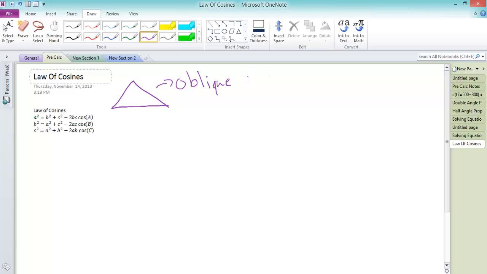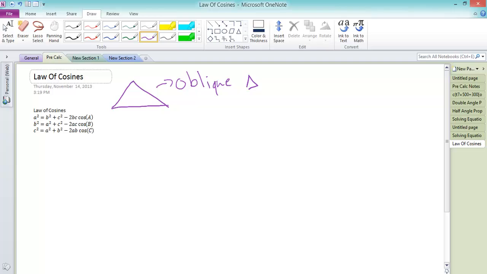Oblique triangle. Whenever I'm going to write triangle, I'm just going to draw a little miniature triangle, because as mathematicians, we've designated that as triangle, and we can be lazy now. Okay, so why don't we go ahead and get started with some little nifty tricks to remember the law of